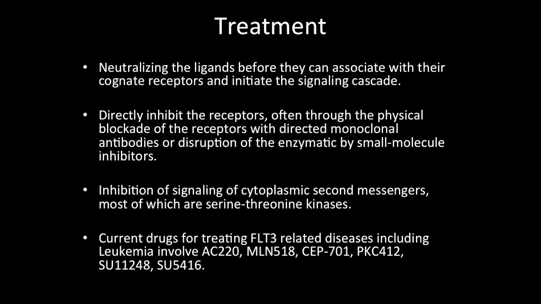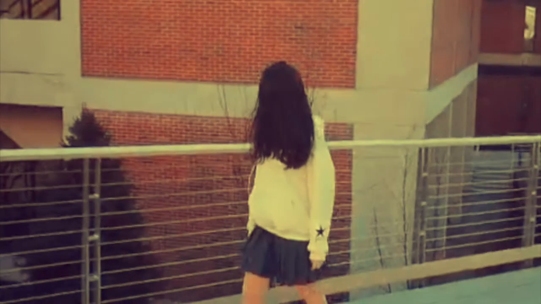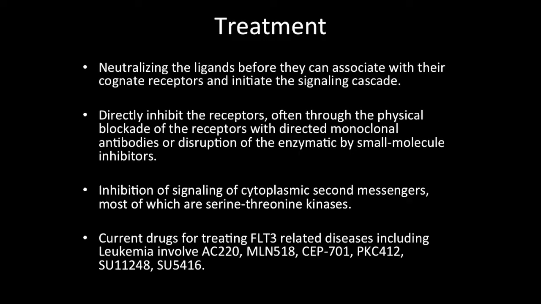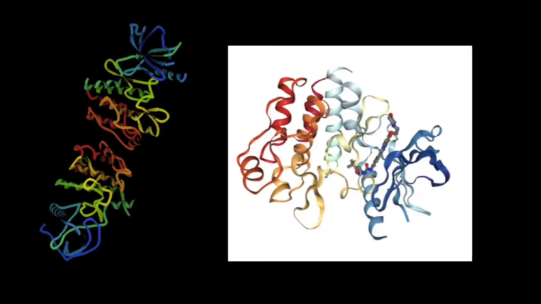There are several potential strategies to disrupt a signaling pathway that is always on. The first focuses on neutralizing the ligand before they can associate with their cognate receptors and initiate the signaling cascade, as shown in the video. The second approach is to directly inhibit the receptors, often through the physical blockade of the receptors with directed monoclonal antibodies or disruption of the enzymatic activity by small molecule inhibitors. The third approach relates to the inhibition of signaling of cytoplasmic second messengers. As we can see, the binding of the inhibitors changes the conformation of FLT3, so it cannot bind to the